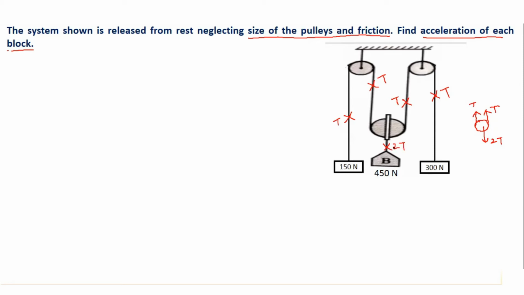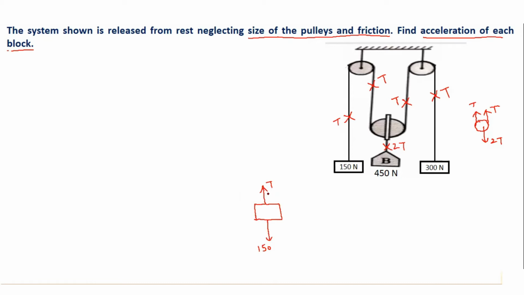Now let us proceed further with the free body diagram of these bodies. So starting with the first body, which is the 150 Newton body. First we'll be showing the tension in the cables. So it will be T going upward, then self weight going downwards, 150. Then as this block is not in contact with any other surface, there will be no friction force and there will be no surface reaction. With this I have completed showing all the forces acting on the body.